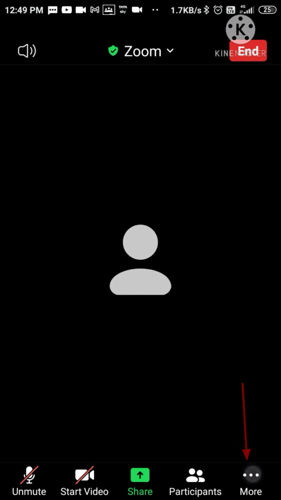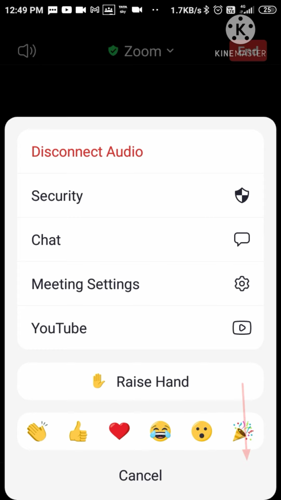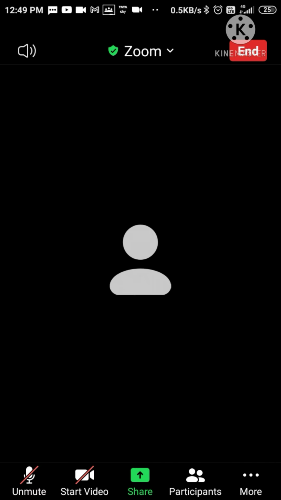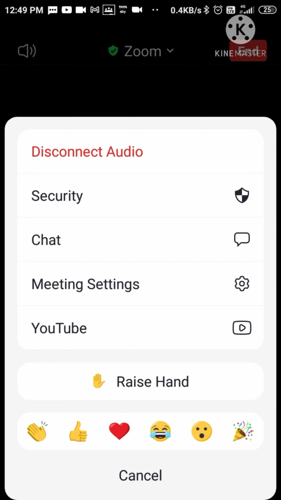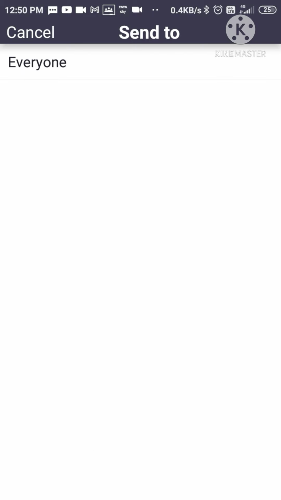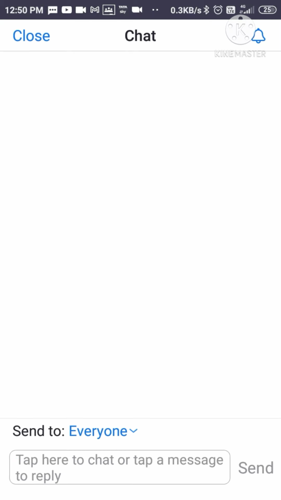Beside this, if you click on the more, three dots are there at the downside right hand side corner. More is there on that three dots, so click on that three dot for more setting. So here you will see, now I am the host of this meeting, so some options are not available for me. So here chat option is also there. So from this chat you can send the message either to everyone in the meeting, or if not allowed you can send the message to the teacher also.